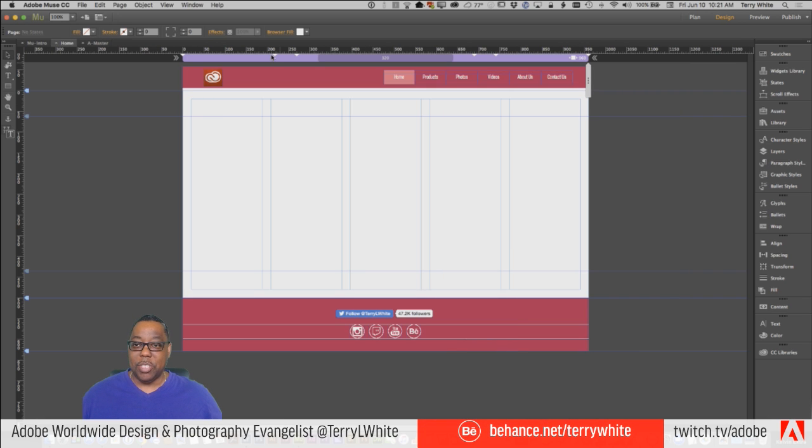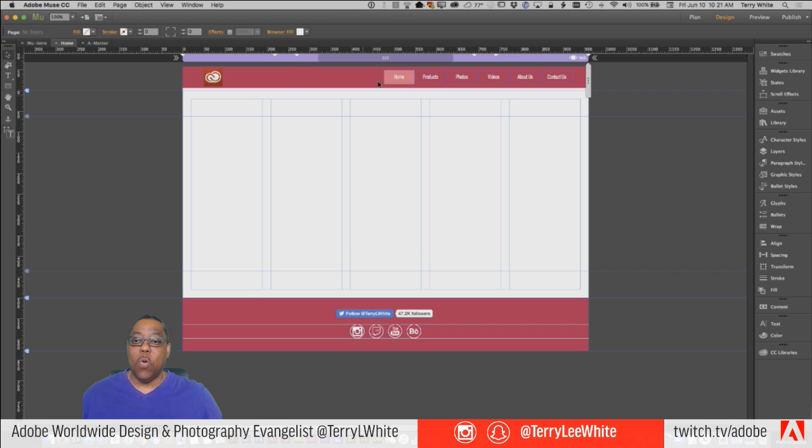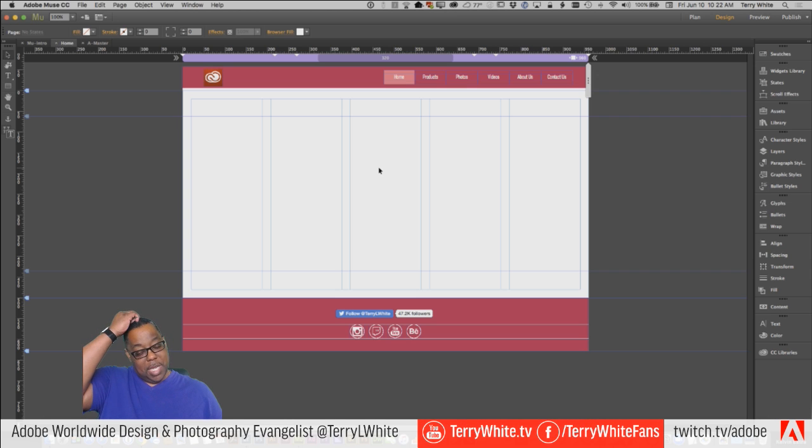When I go to the home page, these little triangles pointing down are the breakpoints from the master. The reason that putting them on the master doesn't put them on every page, it shows you where they are, but you would have to still add them to this page, is because these breakpoints were designed for the content that's on the master. They're not designed for the content you're going to actually put on the page. So that's why every page from here on out may have the same breakpoints or different ones based on the content of that page.